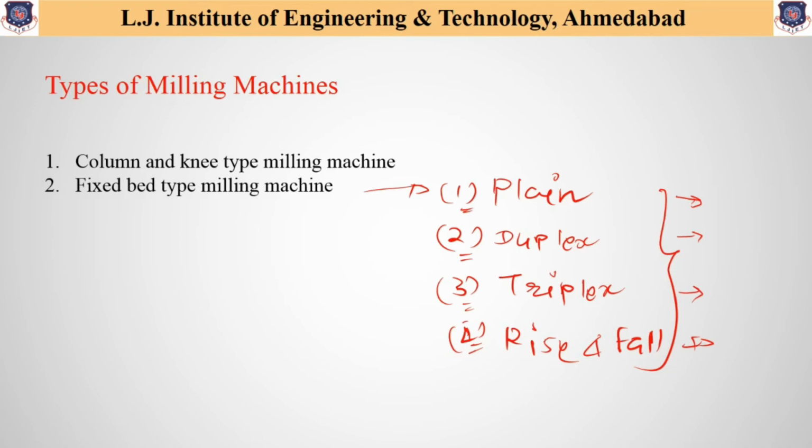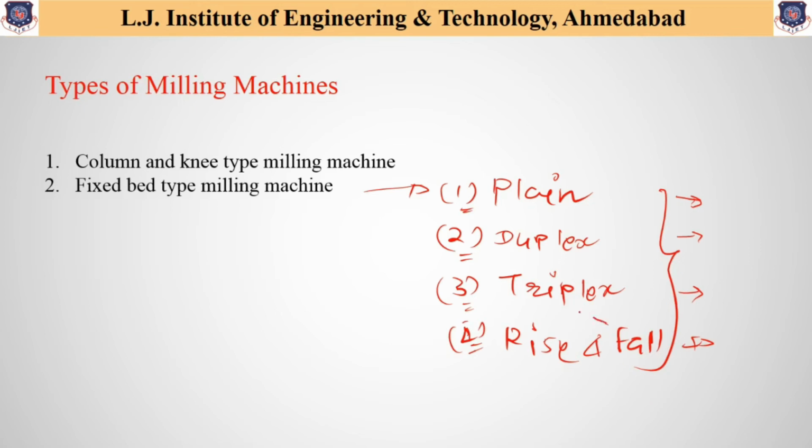And in triplex head, please at this point don't make any mistake, in triplex head there are not 3 horizontal spindles, but there are 2 horizontal spindles and 1 vertical spindle available. So here a combination of spindles is available. First is the 2 horizontal spindles and 1 vertical spindle.